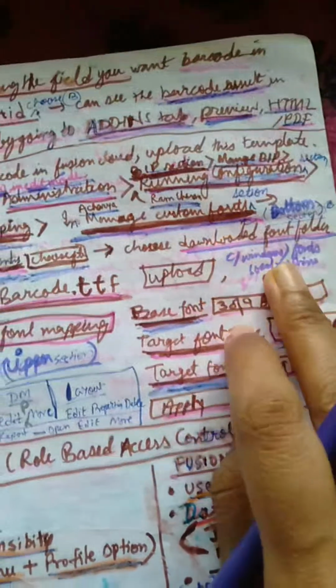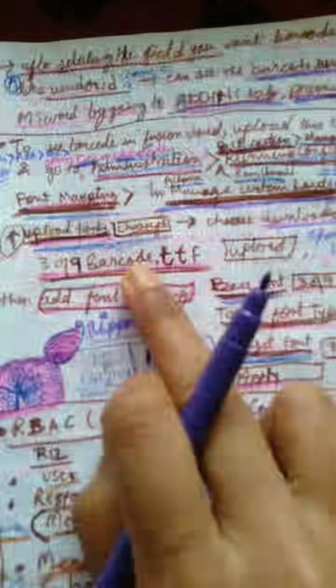So in the local machine, we'll go to the file 3 of 9 barcode.ttf, and I'll upload it. First thing is to go to font mappings,